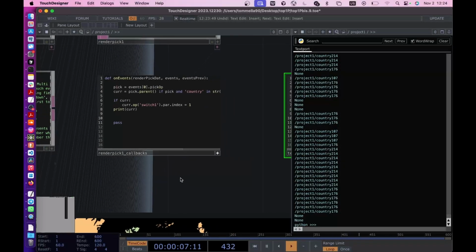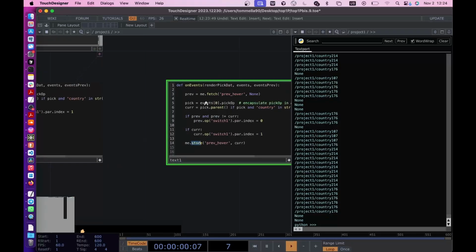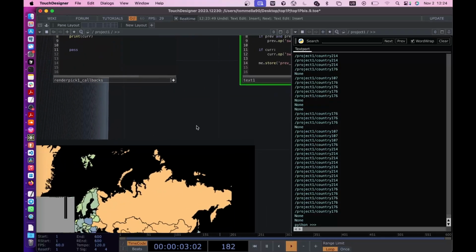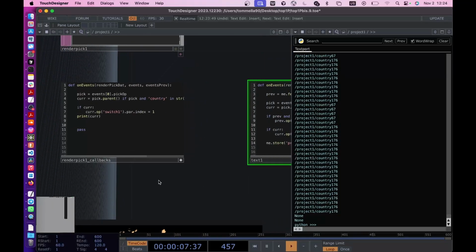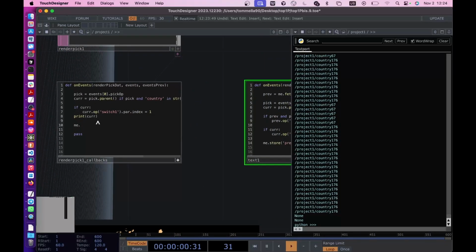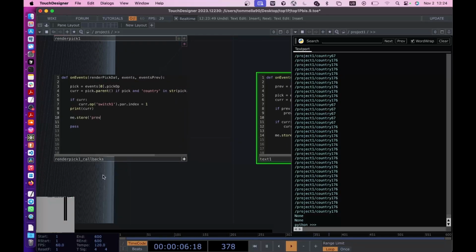So we can use some TouchDesigner built-in functions, and that will be store and fetch. So we want to store one country when we go on it, and store it as the previous one when we go to another country. So if I move from this to this, this will be the previous one. And we can do this the following way. So we can store it first with me.store. We'll call it prev_hover, so previous hover, say, and we store car like this, and then we grab it here at the top as prev equals